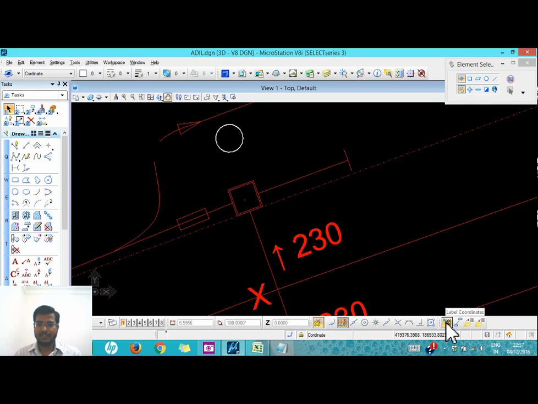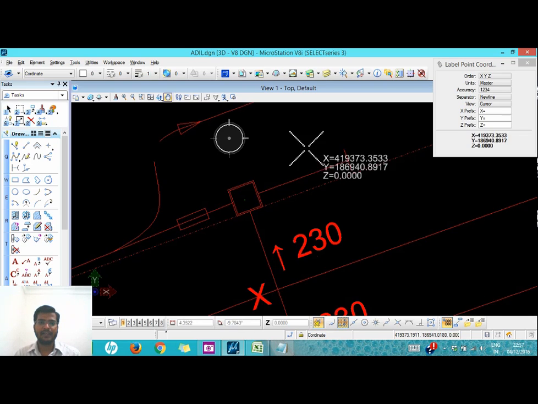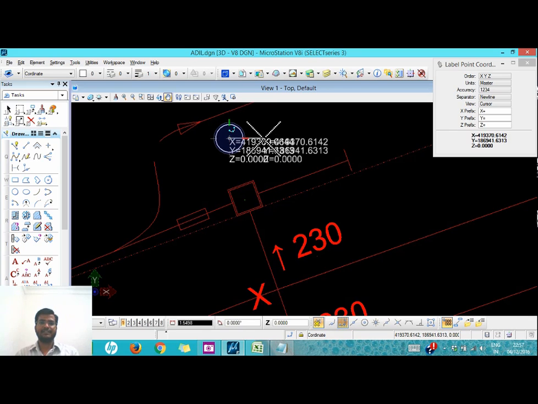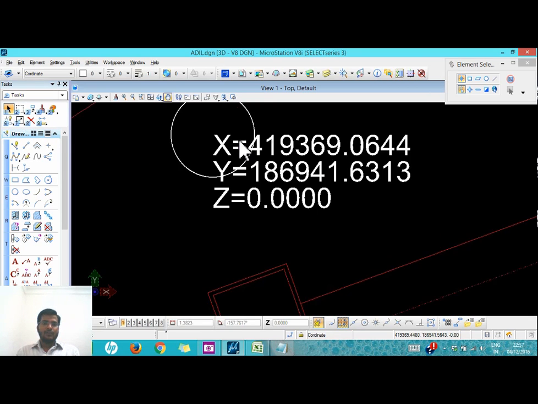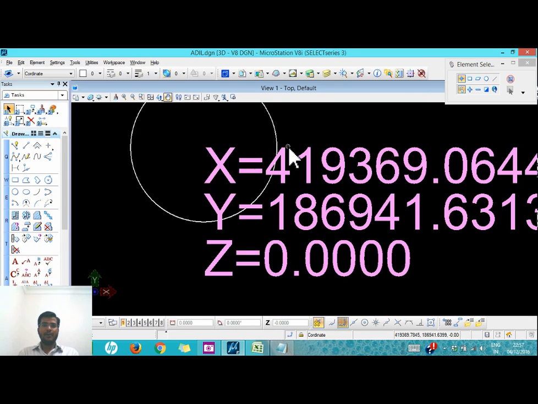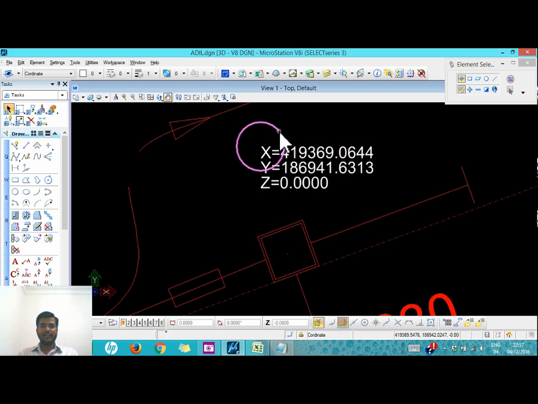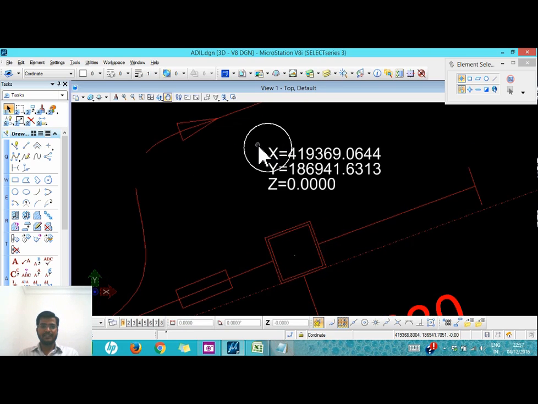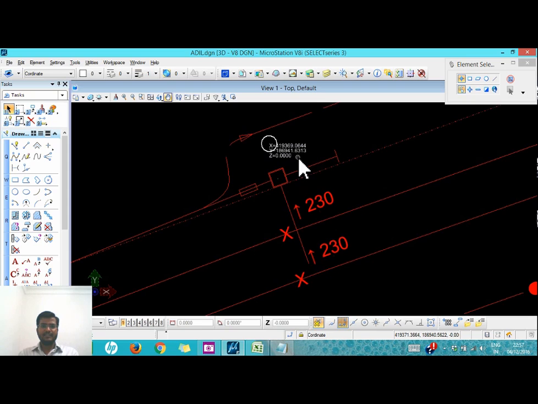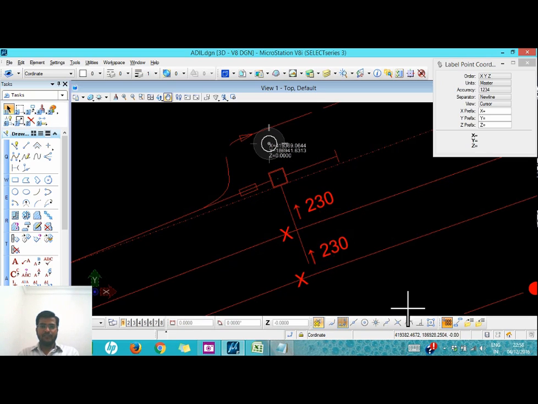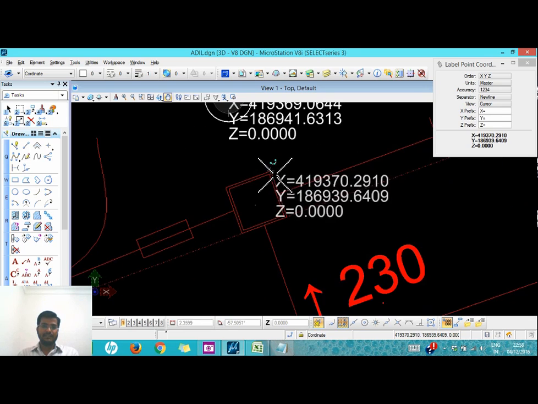I just selected this label coordinate option and went to the origin. Let's see now how easily we can find the coordinate of any object, any element. This is the way. Wherever we want, like this is a rectangle,